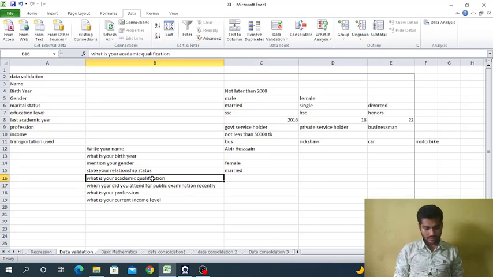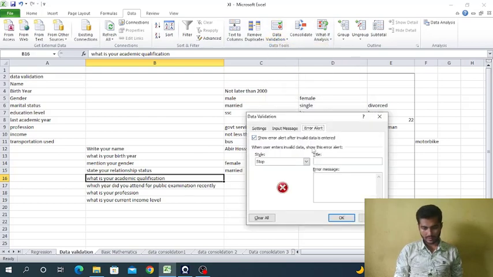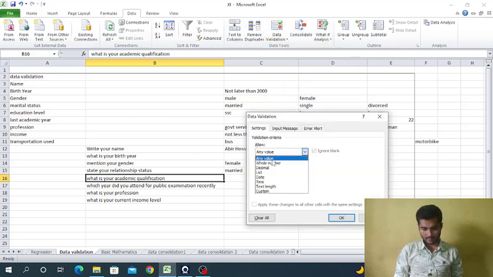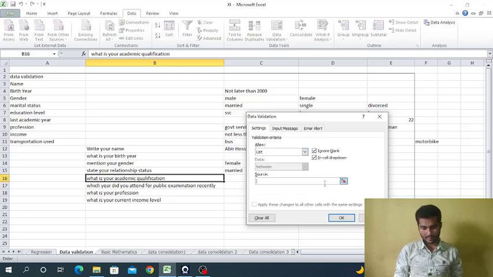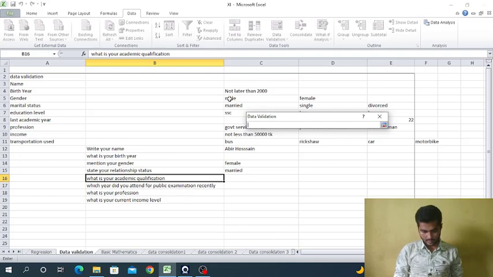What is your academic qualification? For this data we can go to data validation. Here also we have to select list. Source: SSC, HSC, honors.